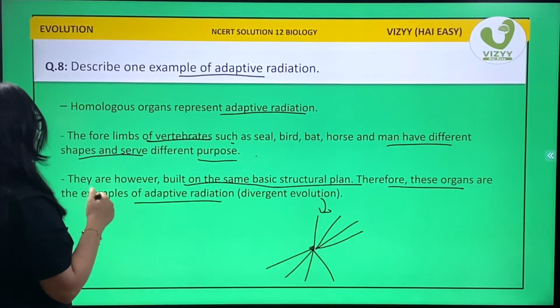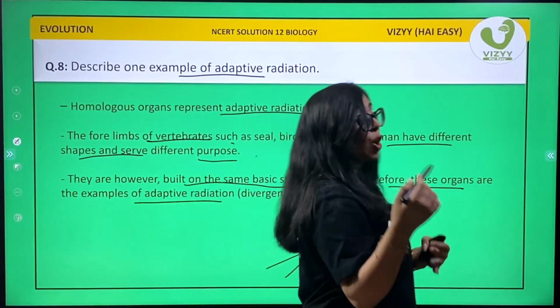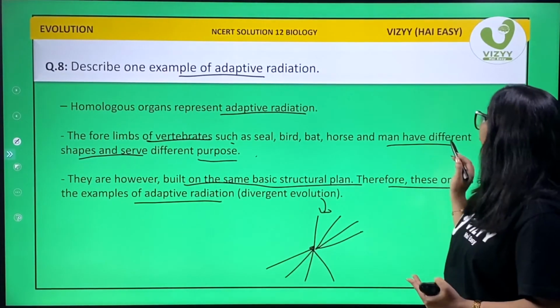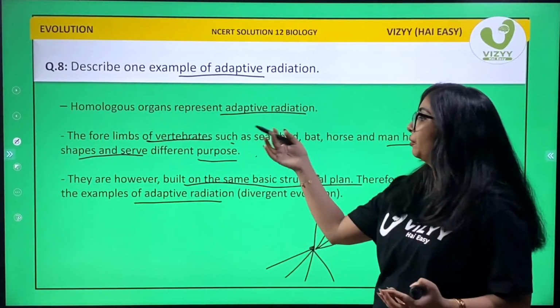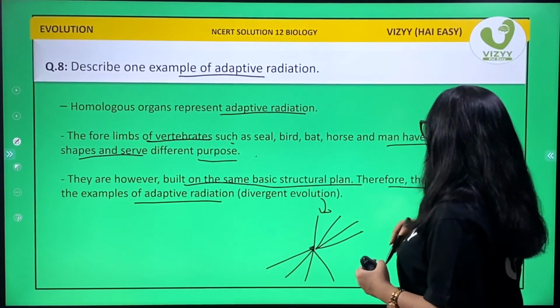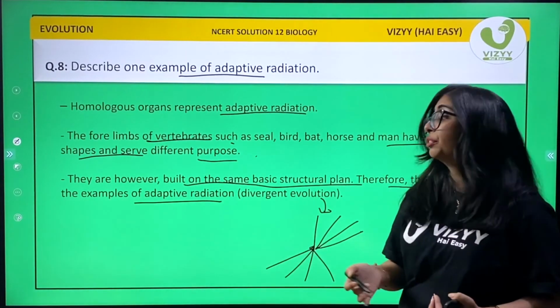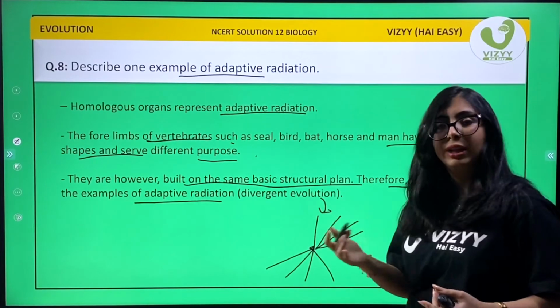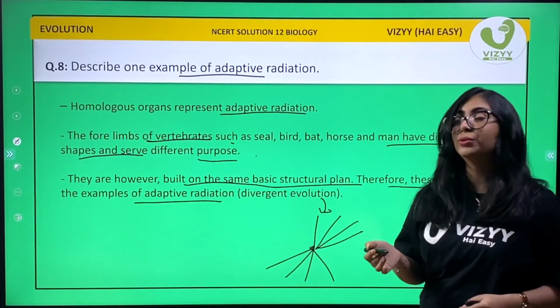Okay, so again, 4 limbs of vertebrates such as seal, birds, horse, men have different shapes and serve different purposes, but were built from one same basic structural plan, and therefore these organs are the best example of adaptive radiation or divergent evolution. Okay,